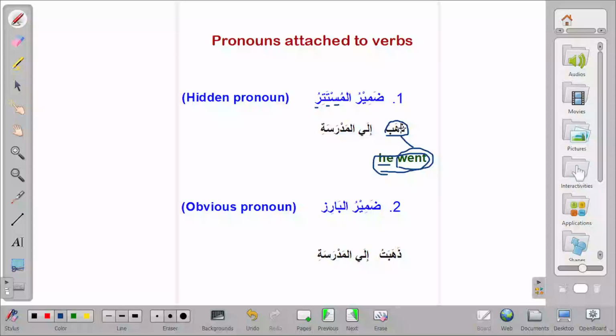In Arabic, they say hidden. So, huwa domirul mustatirun. It is a hidden pronoun. I hope that is clear. But look at this second example. The second type is domirul baris. What do you mean by domirul baris? Observe here. Zahabtu. So here,